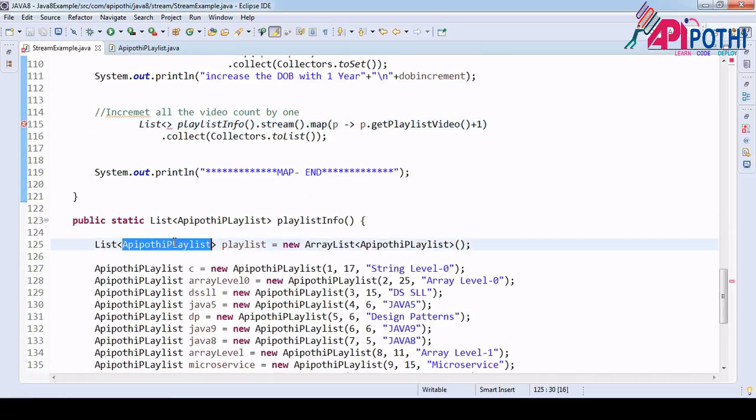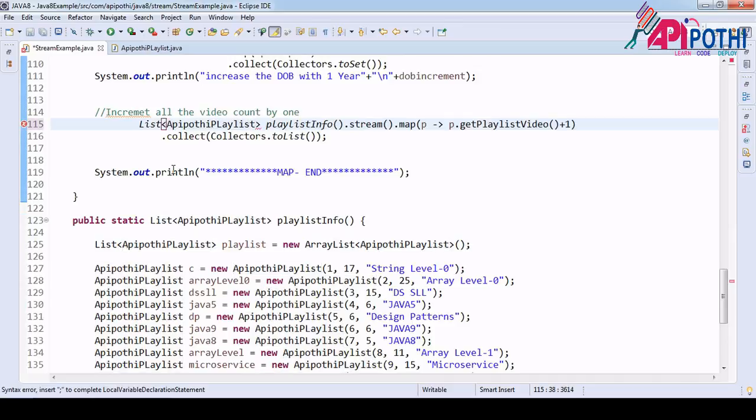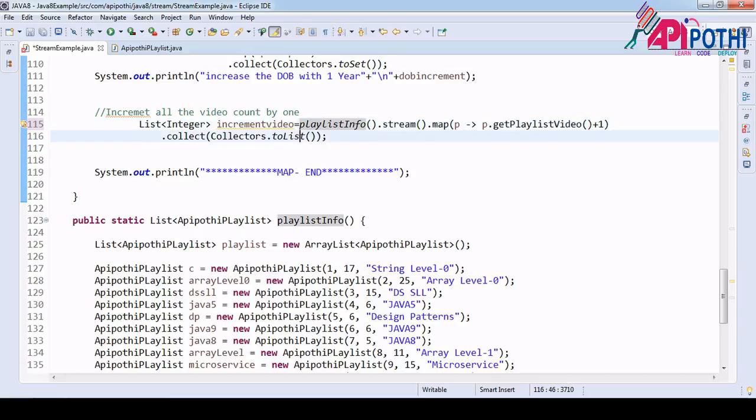Class name, copy from here and paste it here. But the problem is that we are not interested in printing all the objects. Here we are just incrementing by 1. So I don't want to put the class type, I want to put the integer type. And the value would be incremented video. Now print it.